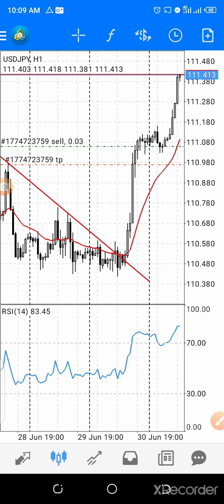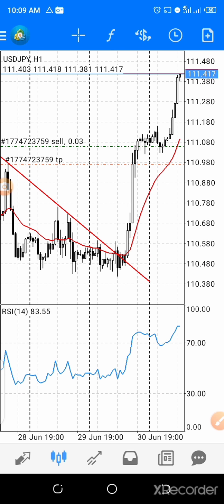And so I want to point you out to reasons. It's not just enough showing you win trades and how to make money. I also have to show you how to avoid losses in the market, the mistakes you shouldn't make. And these are the common mistakes a lot of traders make and lose money. And I'm using the same account I used for an illustration 2 days back, and I'll show you the mistake you as a beginner shouldn't make, any trader at all shouldn't make. And what is that mistake? Never trade against a trend. The rule of the game is follow the trend. The trend is always your friend.